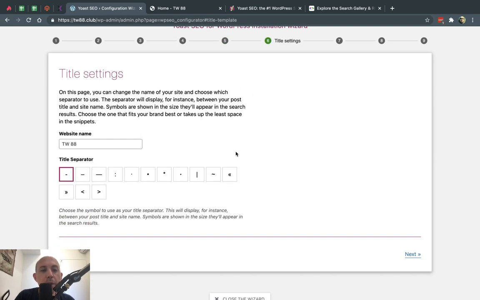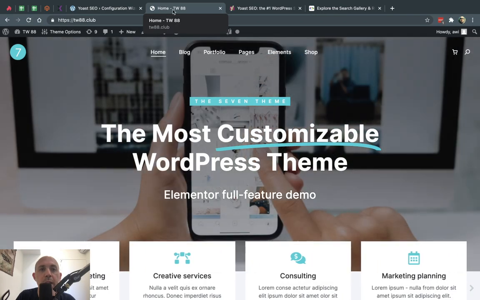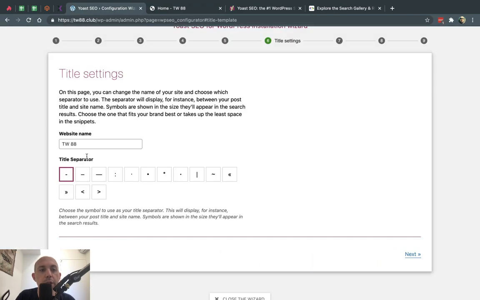And then you can set up your defaults. So this is really important. When you create a new page, you'll be able to set up defaults that help you speed up your process and follow a certain structure or a certain template. So for example, maybe I'm on my home page right here. My title tag should say the name of the page, for example, home, and then a dash, and then the company name or the blog name, right? So here I would have the page name, then a dash, right? And then the website name, for example.